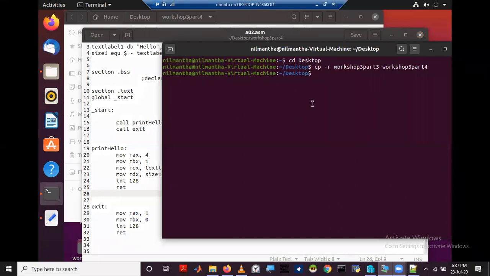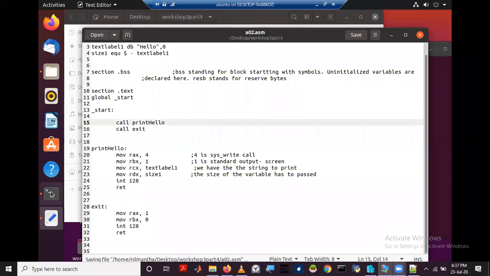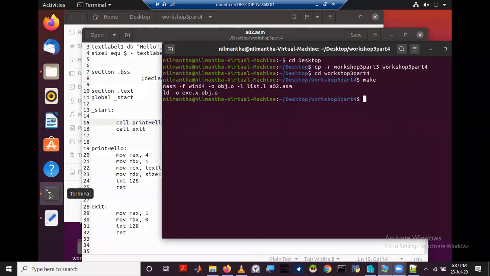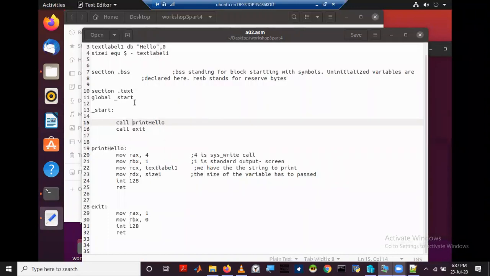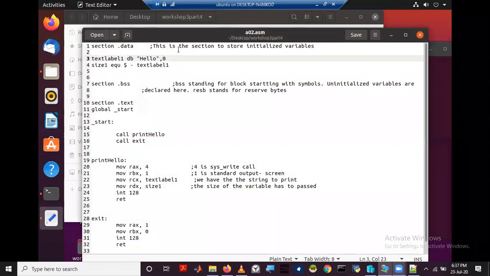I need to change directory into this directory, and I'll call make. First you have to save this, then call make. Then it successfully compiled. So what happened? It printed hello once. This new line character is missing.